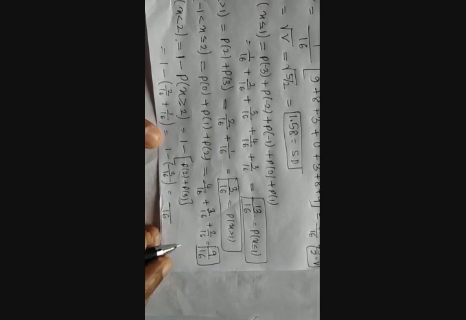Greater than or equal to means what? Greater than means 3, no doubt at all. Equal to means even 2. So only adding these two is sufficient. So it becomes probability of 2 plus probability of 3. That is equal to 1 minus, what is probability of 2? 2 divided by 16, plus probability of 3, which is 1 divided by 16. Therefore, if you take this value, we get 1 minus 3 divided by 16. Or else if you take LCM as 16, then it becomes 16 minus 3, which is 13, so 13 by 16. So this becomes the probability for the given example.